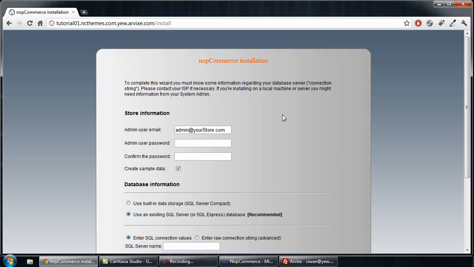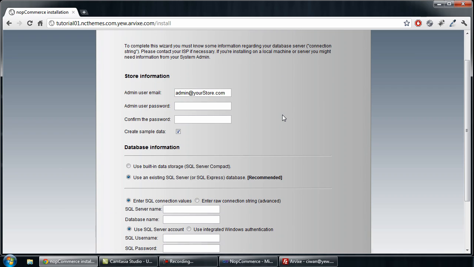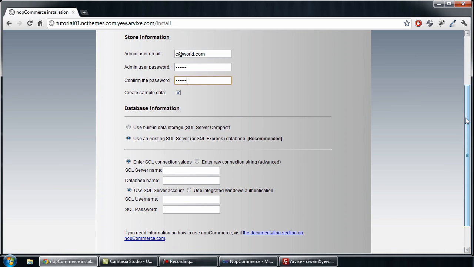And here it is, the nopCommerce installation window. Just let's fill in some details. So, by the way, this is a made up email. Just put a password, anything. Let's create some sample data, because this is just a test for the purposes of the tutorial,